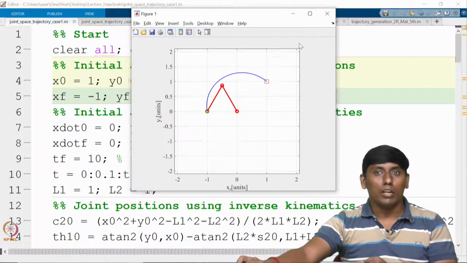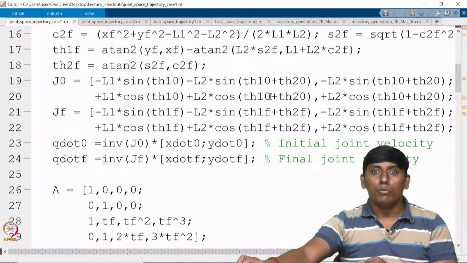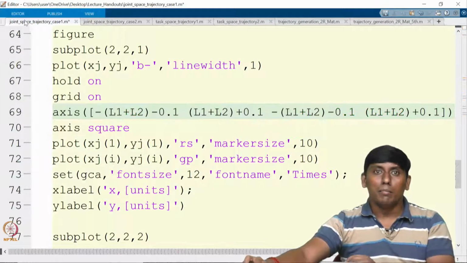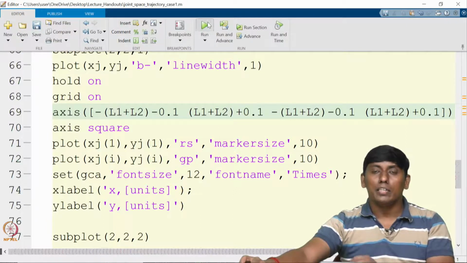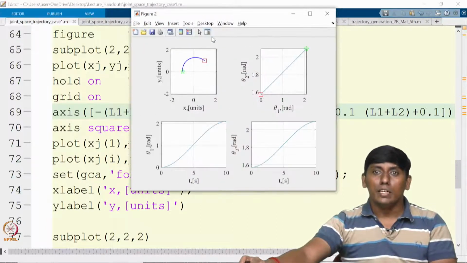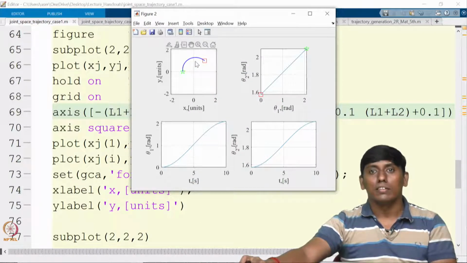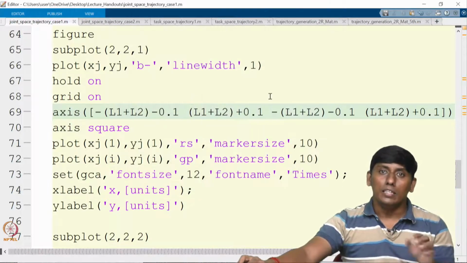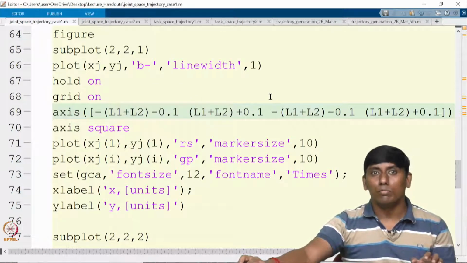So even we can make the boundary. Right now I have it commented. Now if I uncomment it, it would be giving a real size. Okay, like how it is happening, the same size it is giving. This is the real size. Now all these are the joint space trajectory with case 1, where the